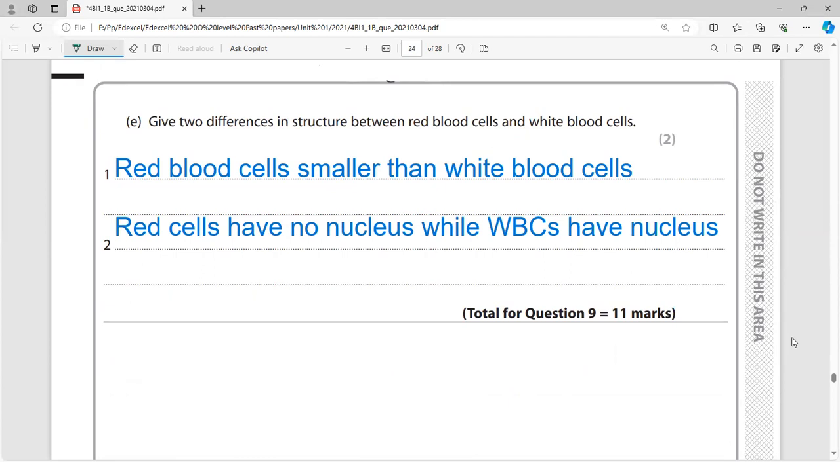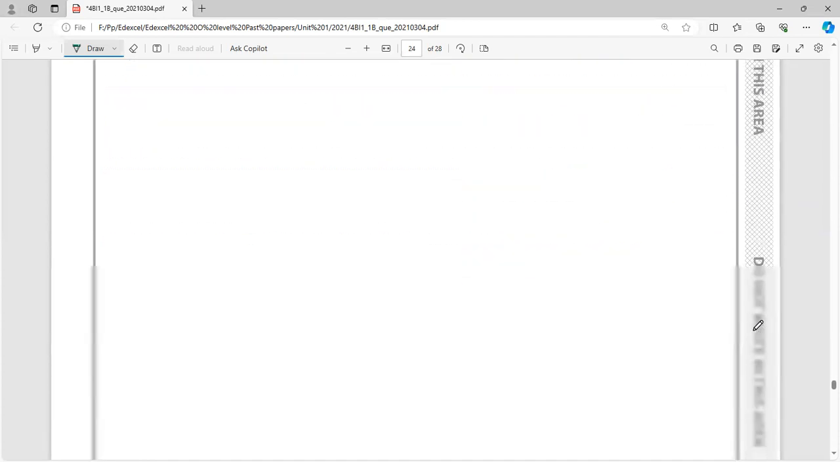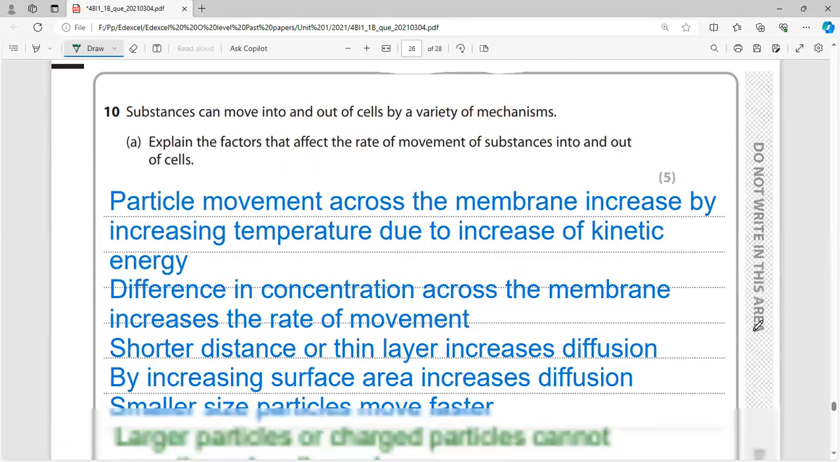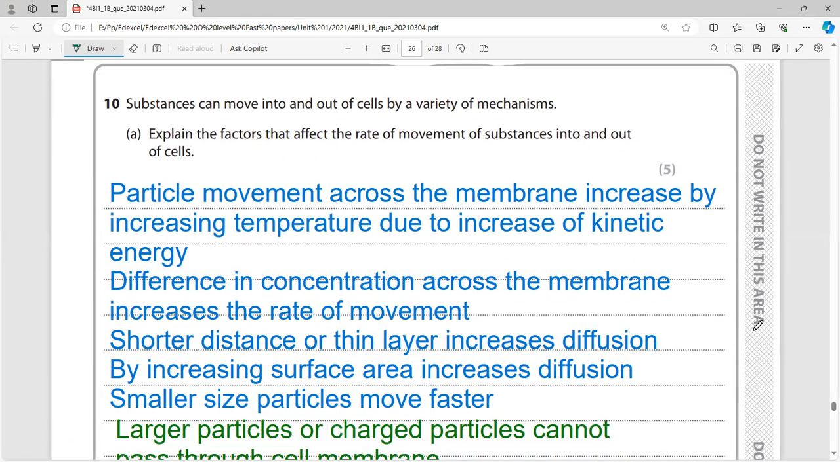Give two differences in the structure between the red blood cell and a white blood cell. So red blood cell is smaller than white blood cell. Number one, the red blood cell has no nucleus, while the white blood cell has a nucleus. So these are two knowledge-based questions, so directly you can put your answer here. We're going to proceed to the next question here, and the next question is,